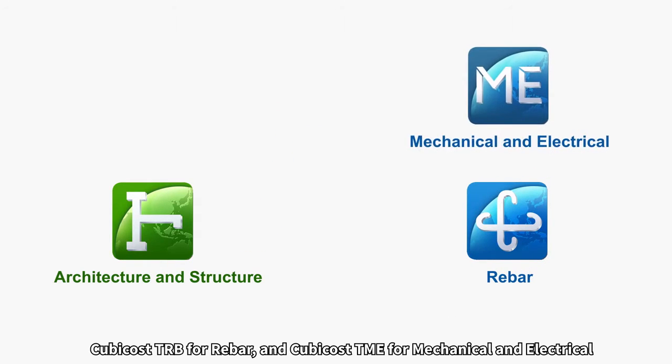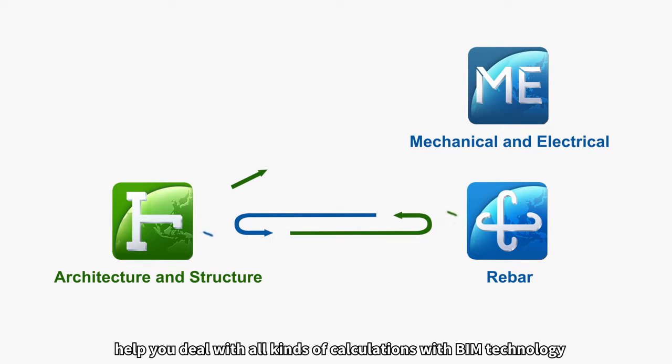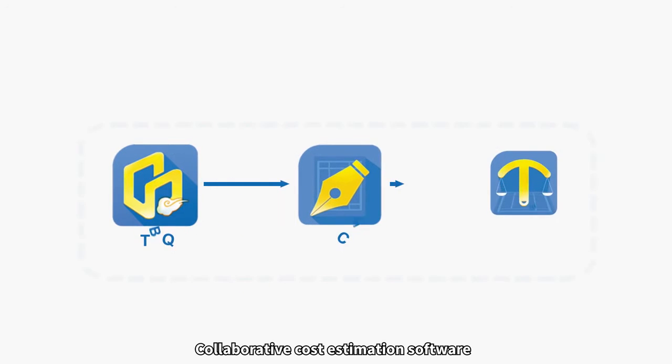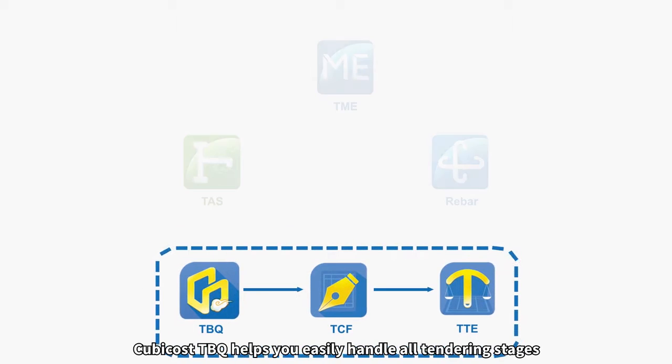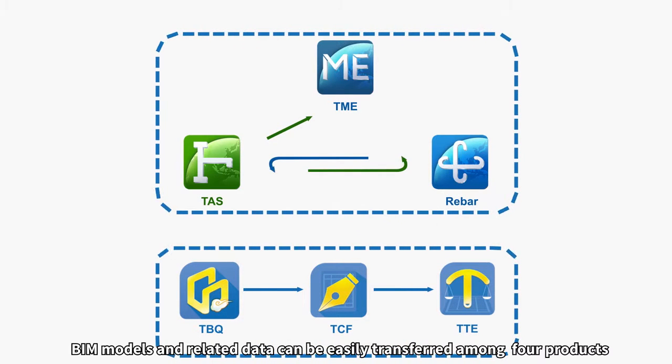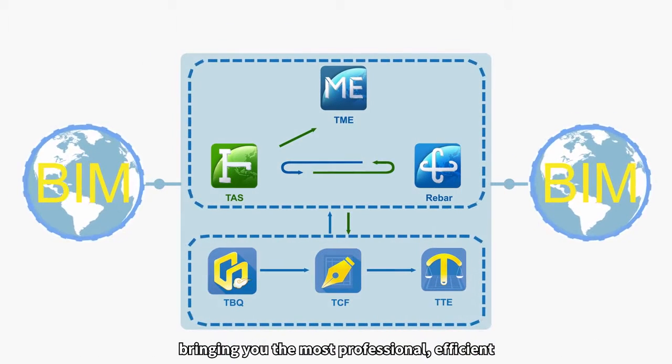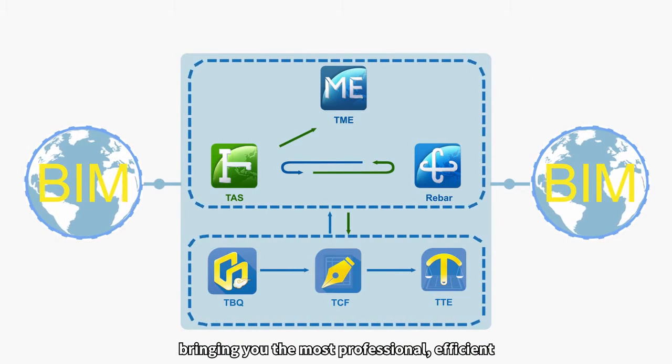mechanical and electrical, help you deal with all kinds of calculations with BIM technology. Collaborative cost estimation software, Cubicost TBQ, helps you easily handle all tendering stages. BIM models and related data can be easily transferred among 4 products, bringing you the most professional, efficient, and accurate